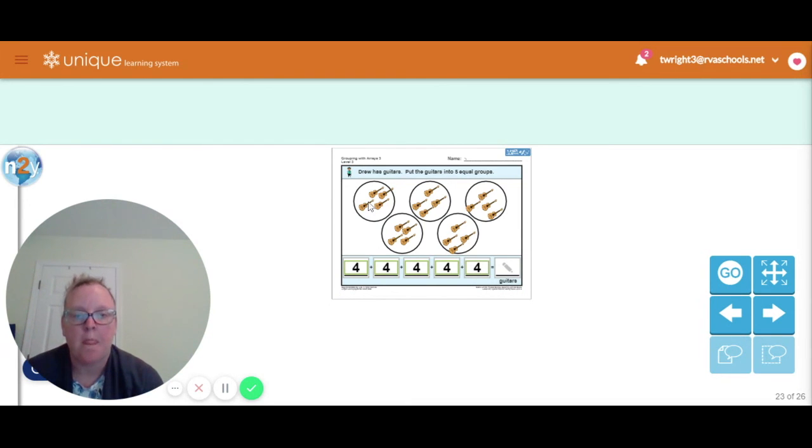Here we go. 1, 2, 3, 4, 5, 6, 7, 8, 9, 10, 11, 12, 13, 14, 15, 16, 17, 18, 19, 20. Whew, that's a lot of guitars. How do you make the number 20? If you know, point to